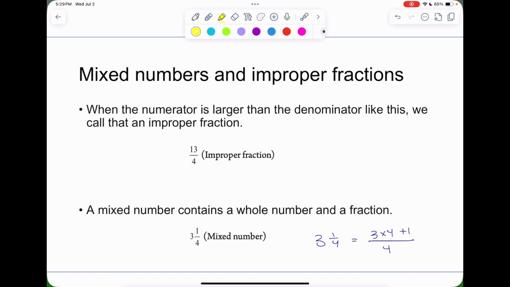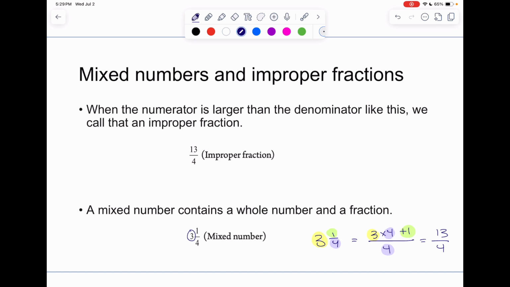So let's just color code that. 3 gets multiplied by the 4, and then you add on the numerator. And then we put that over the original denominator. Now what we'll get there is 12 plus 1 in the numerator, that's 13, and 4 in the denominator. So 3 and 1/4 is the same as saying 13/4, which makes sense if you think about it, because that